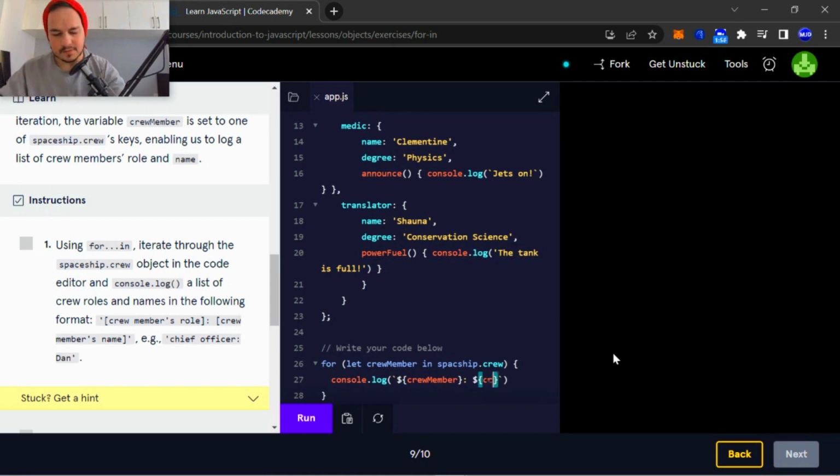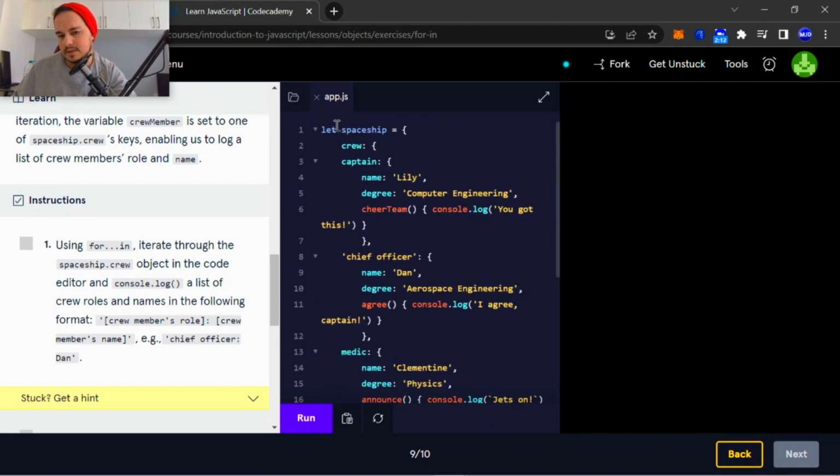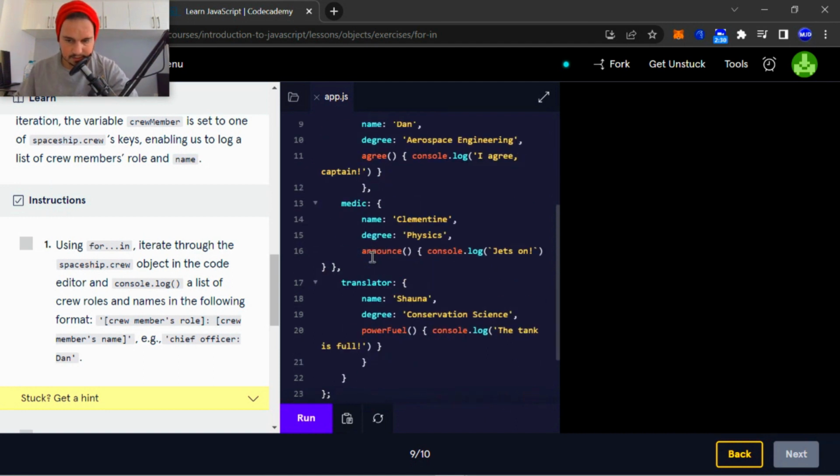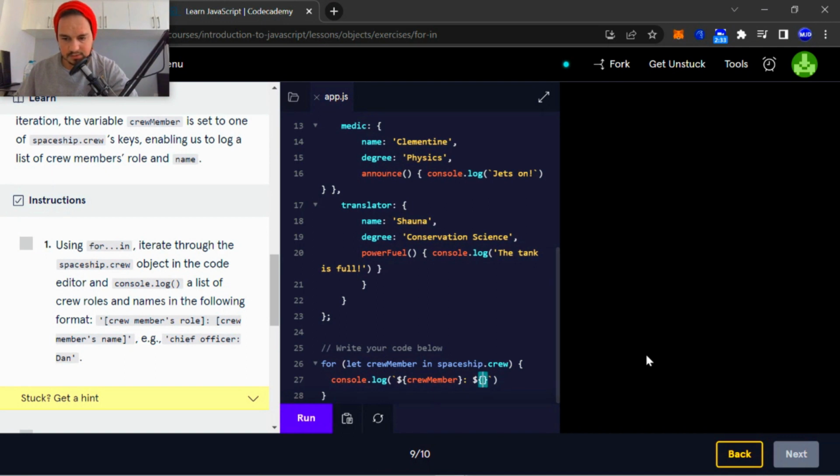And then we're going to start off with crew. We're going to start from the beginning again. There's a little typo. We're going to start from the beginning again. So we're going to access spaceship.crew to go within this concise body, to be within these curly braces. And then we need to access this chief officer, right? So look,